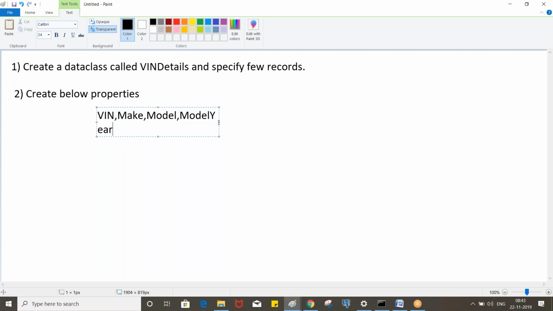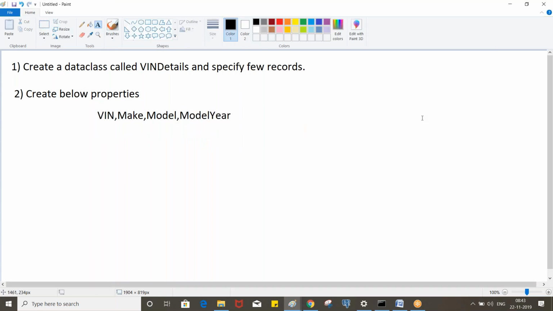And what is another way to reuse the properties from the data class? We can also create a page property called win details, and specify the win details data class as a page definition. Okay, so you can do that also.